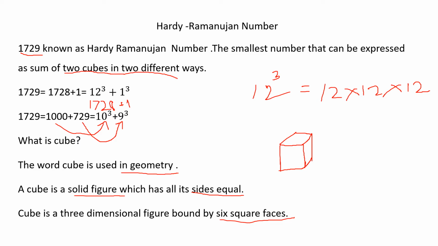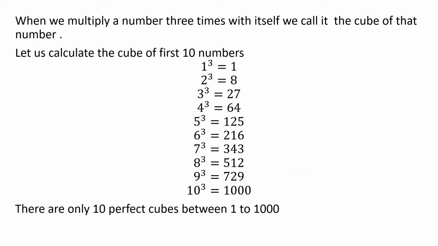Now, the next topic. What is a cube, children? What is a square? Now come to the chapter. You have heard about cube in geometry. Now in this chapter you are going to learn about cubes and cube roots. Square and square root: squaring means what? When you multiply a number by itself. For example, 4 square means 4 into 4. Now cube, how will you represent it? You will represent it like this. 1 cube means 1 into 1 into 1.